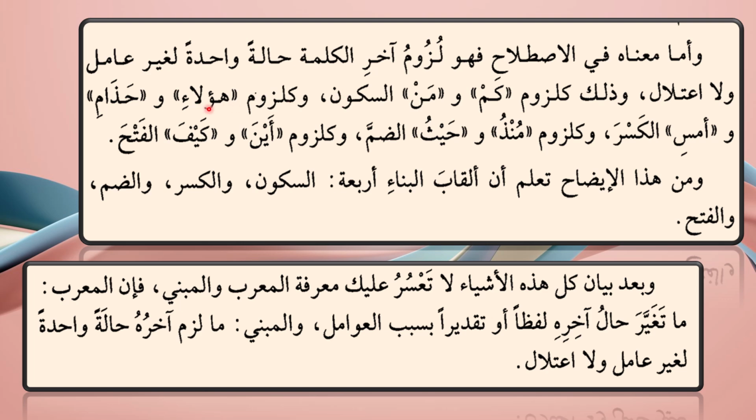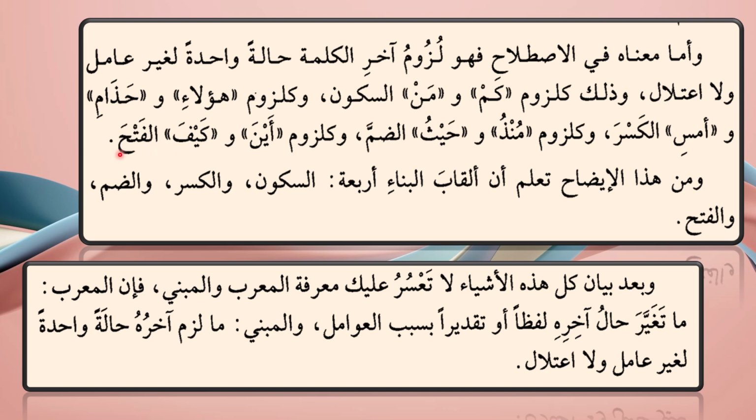They are mabni. So here you see the sign is sukoon. Then you see these ismul isharah, haza, hazihi, haula'i, ulaika. They're all built in one structure. Here you can see hamza with kasra. If this ismul isharah comes in the place of mubtada, do you think it will have a dhamma? No. Same goes with hadami, amsi. There is a kasra below the sin, and a kasra below the mim. They will not change their structure or haraka. Then you see mundhu, haythu, these are all zarf and they are built with dhamma on the last letter. They are not going to change. Then you see these questioning tools, aina, kaifa, they have fatha.